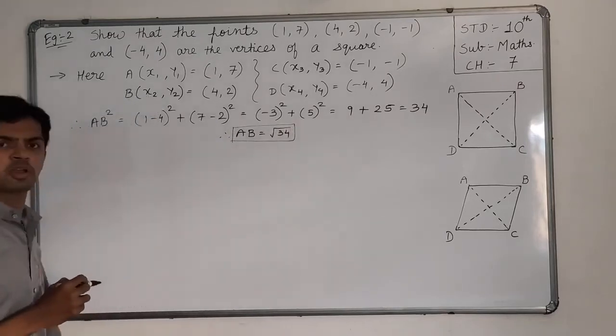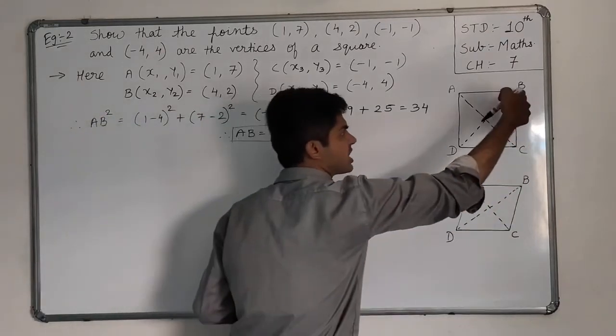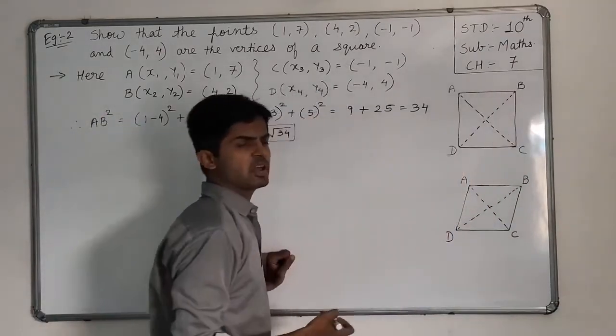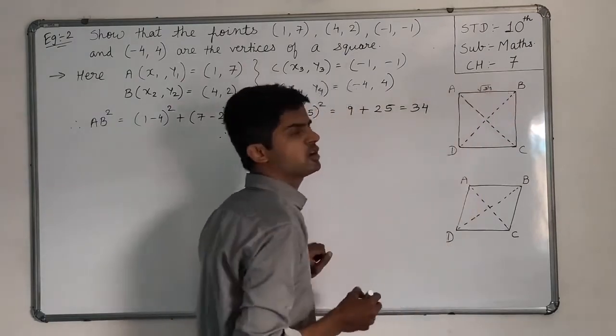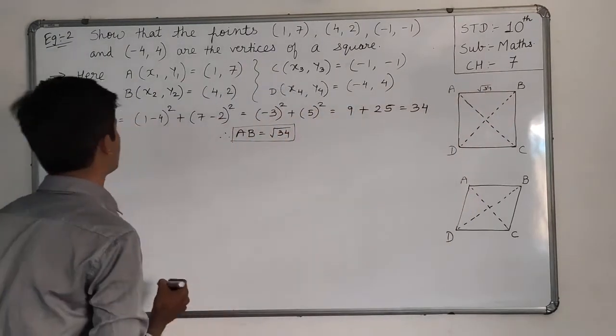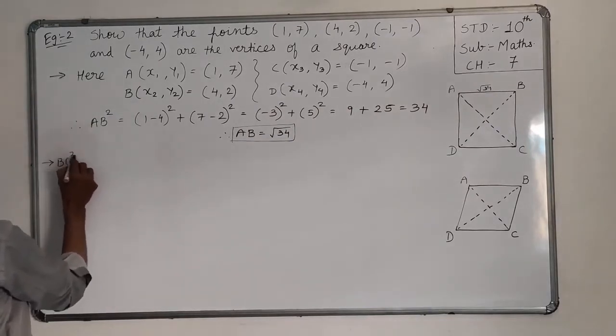Now we are going to find BC square. अब दूसरा डिस्टेंस हमें क्या फाइंड करना है? ये BC फाइंड करना पड़ेगा। ये AB क्या आया? रूट 34 आया। अंडरस्टूड? अब हमें BC फाइंड करना पड़ेगा। सो नाउ वी आर गोइंग टू फाइंड दिस BC स्क्वायर।